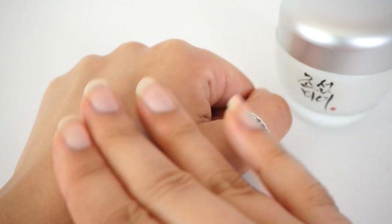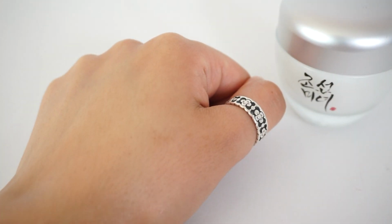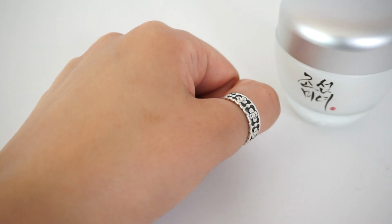Very odd texture, probably the weirdest one on this list, but still kind of entertaining. That aside, this is a very humectant cream, but it's very balanced with moisturizers in it as well, lightweight moisturizers. This is a very lightweight cream, but it does bring a lot of nourishment to the skin that was kind of lacking for the Hada Labo, which is why I like that one a little bit better for slightly more